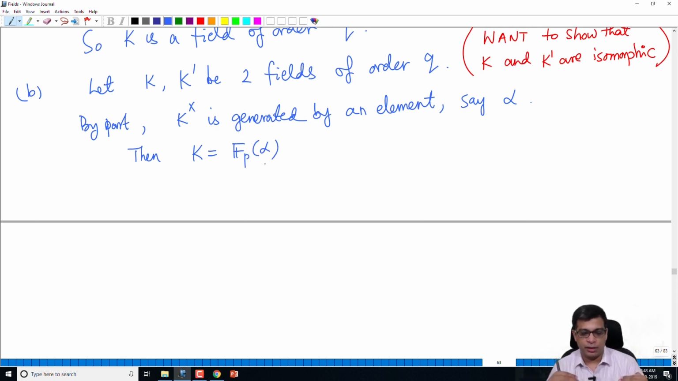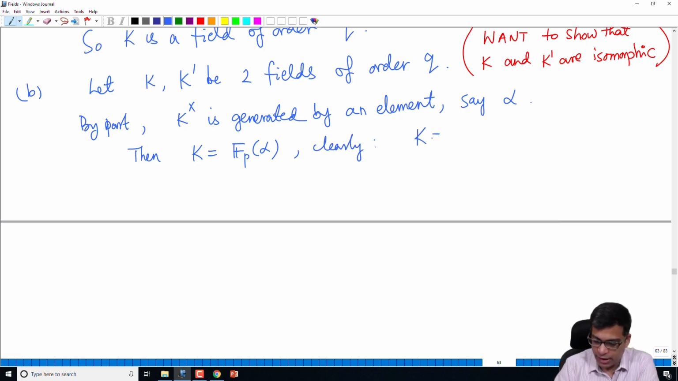K and K prime are finite fields, so they are finite extensions of Fp, because certainly if a finite field is there, the dimension is also finite. So it's a finite extension, so it's an algebraic extension, and in fact alpha generates it, because remember, this is easy, because what is K? It is actually 0, 1, alpha, alpha squared up to alpha power q minus 1,